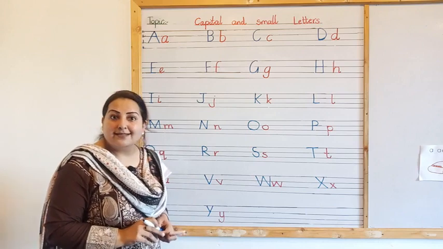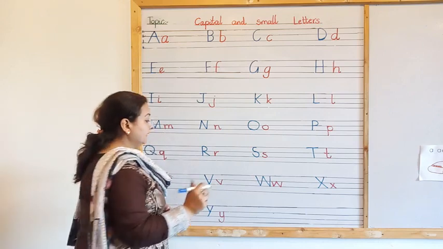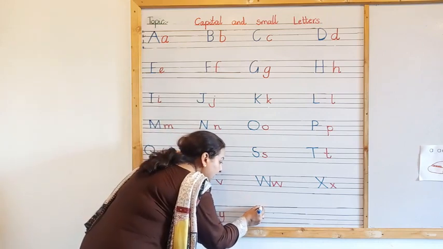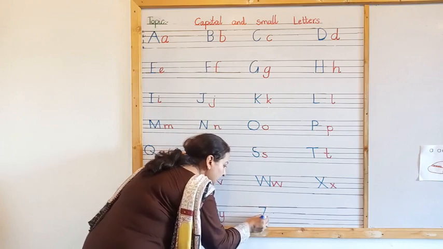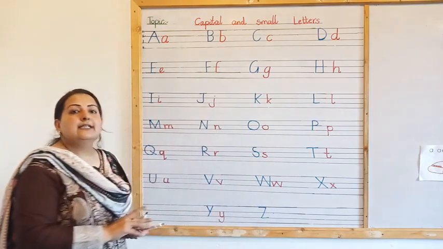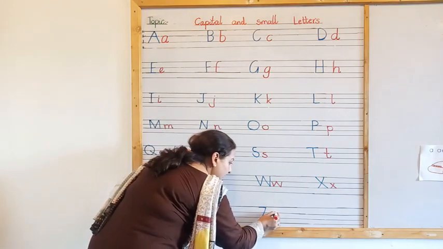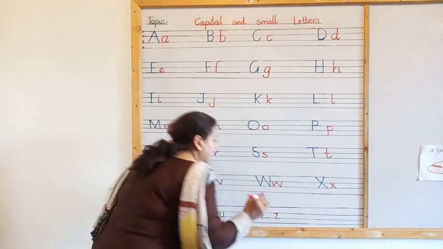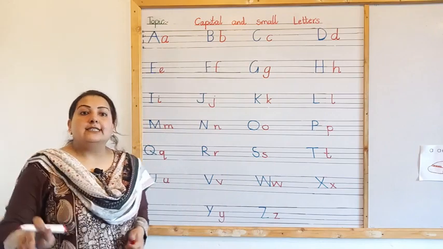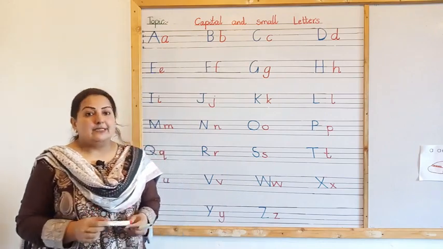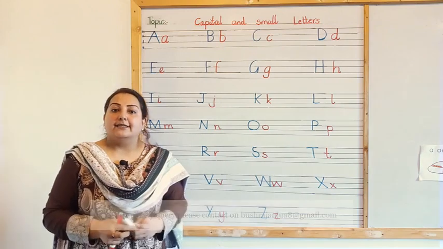And the last letter of the alphabet is Z. In upper three lines we will write capital Z, and in center two lines we will write small z. So students, these are capital and small letters,